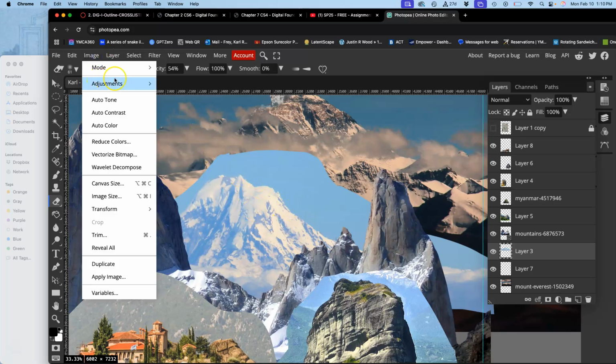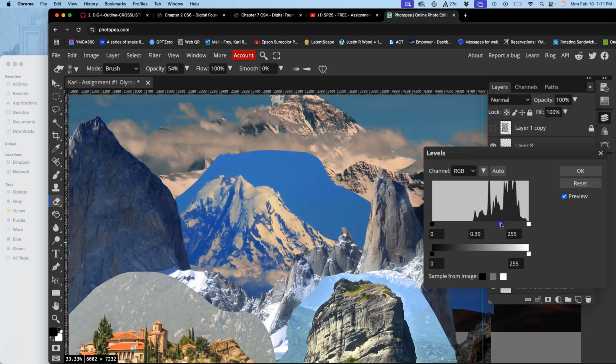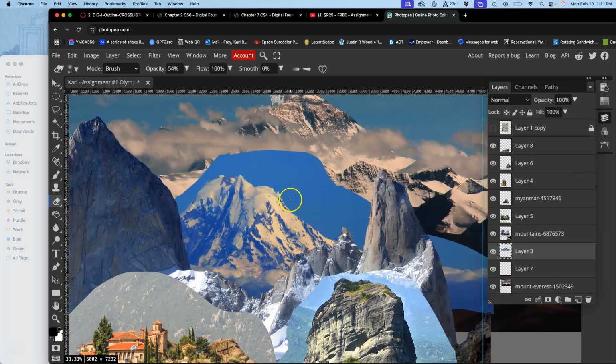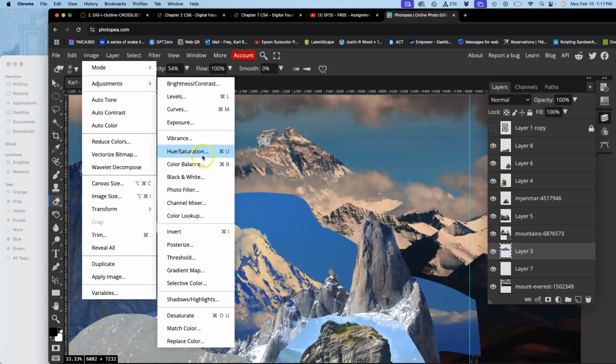So I go to Image, Adjustment, Levels. The shortcut is Command L if you want to use it. And you can see there's almost no darks in this image at all. So the first thing I'm going to do is set the midtones to be more dramatic. Maybe limit the highlights a little bit. Actually, no. They're pretty good. Yeah. Then I'm going to say, okay, now that color is, remember, levels is not a color adjustment. It's just a values, a lighting adjustment. Now, color balance is my favorite one because it's going to really